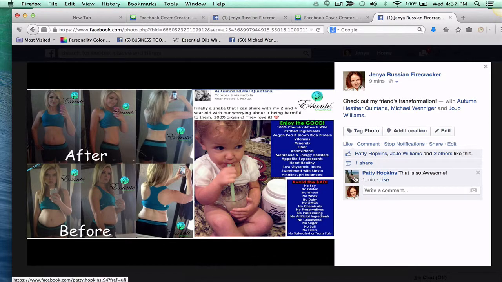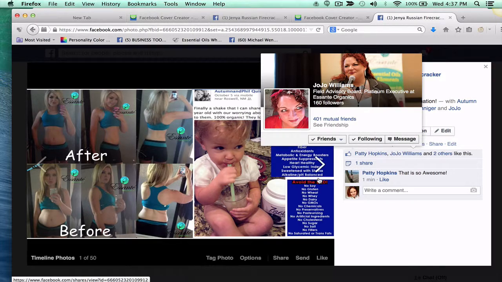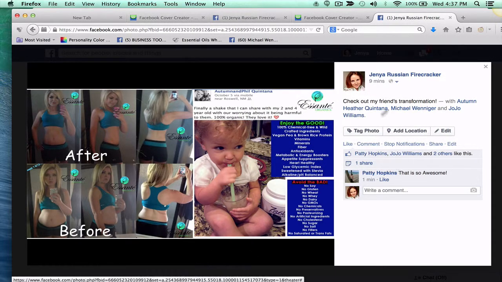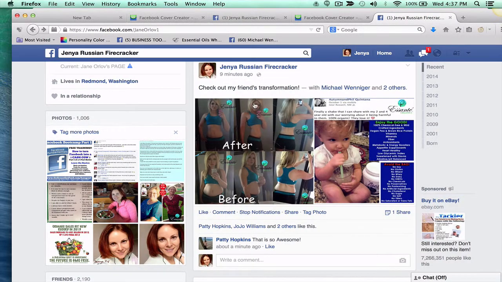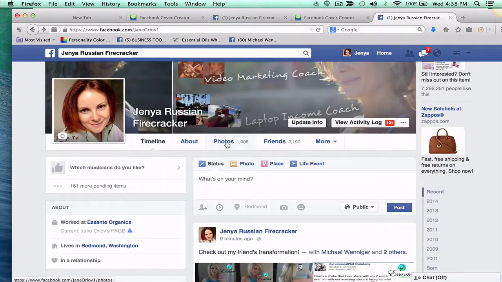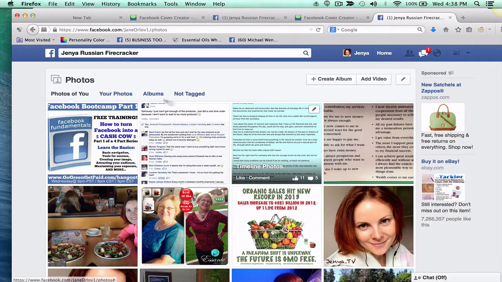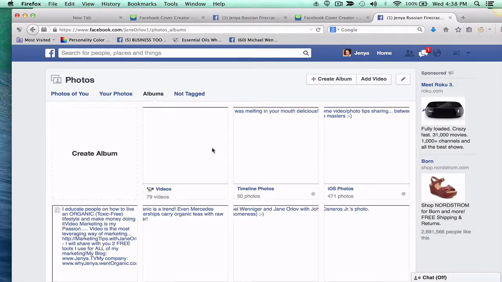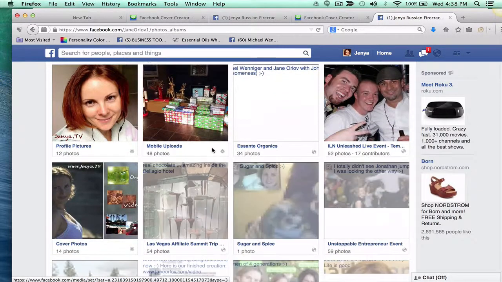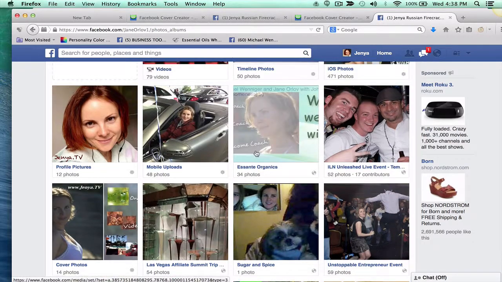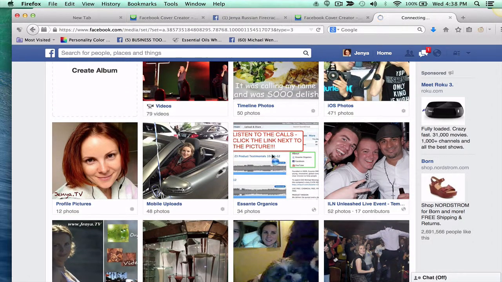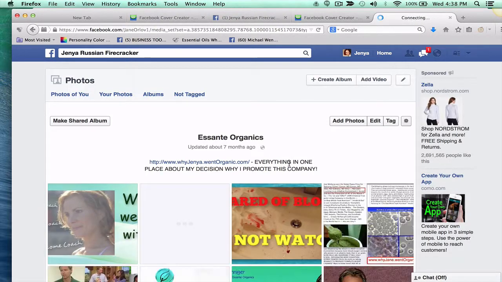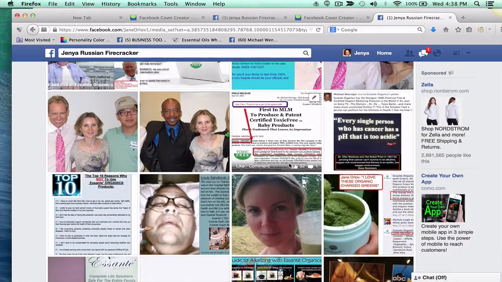So people would have to go to three different places to leave the same kind of comment to have the same effect. And the reason comments and likes work together with this tagging technique is because if we go back to any of the pictures from a while ago, for example, let's go to my album, and let's say I have an Asante Organics album here on Facebook, and I want people to see